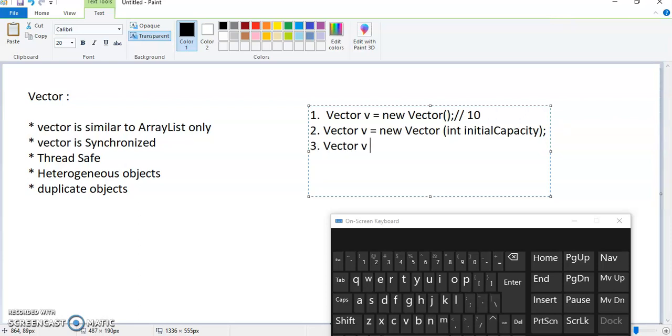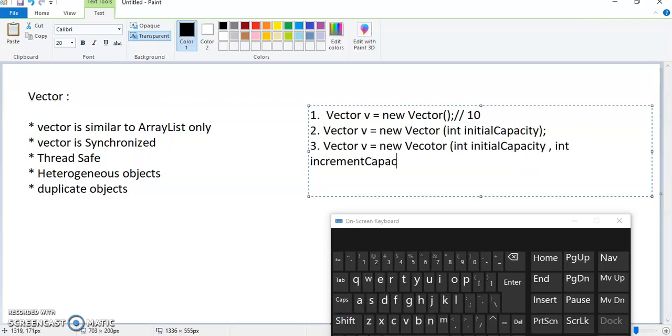The third declaration is Vector v equals new Vector, and in the brackets the first thing is your initial capacity, comma, and how many elements you want to increase, the increment capacity.